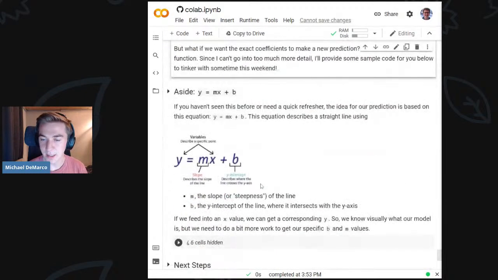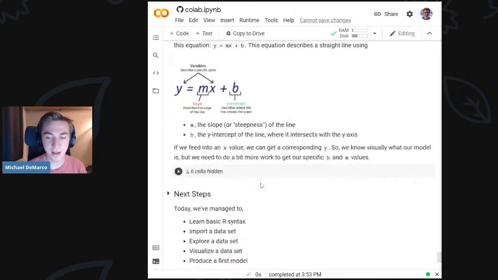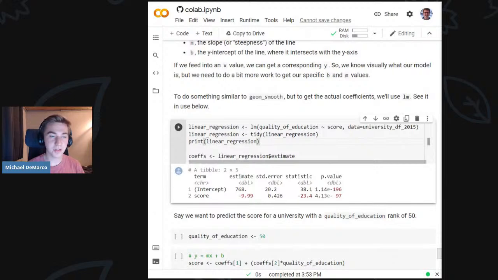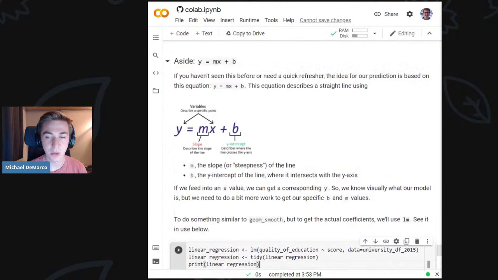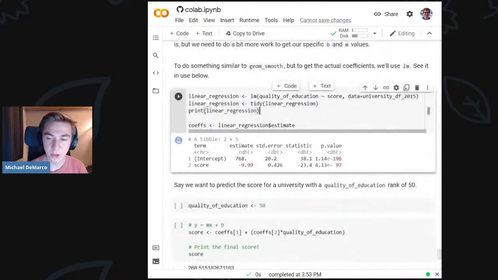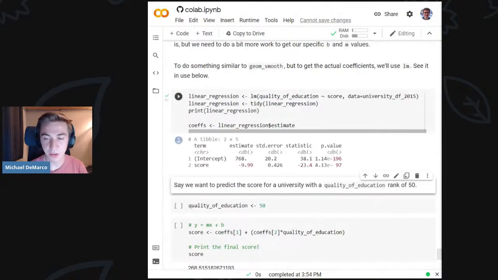So indeed, there's the y equals mx plus b stuff. Take a look at that if you need, but I'm going to continue on. This is the piece of code to produce what's called a linear regression. All that means is the y equals mx plus b equation for this blue line. So once I run this piece of code and get the equation for that line, you can see I can